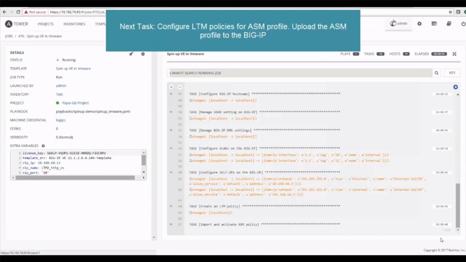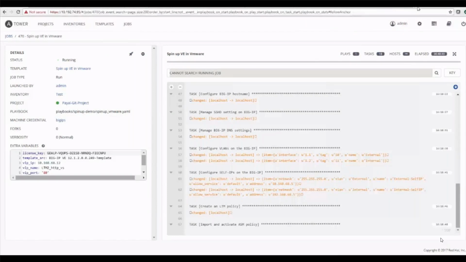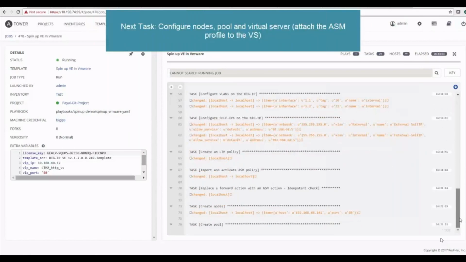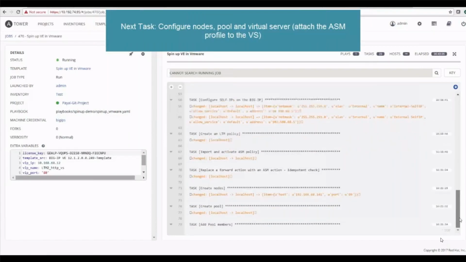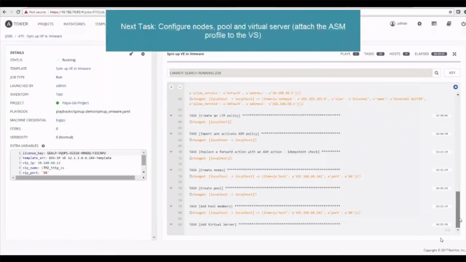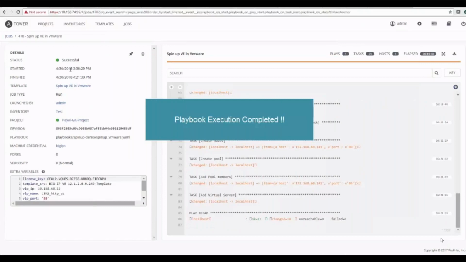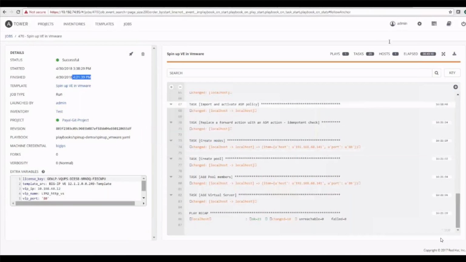Once we have imported and activated the ASM policy, we are going to then add the nodes, the pools, as well as the virtual server to the BIG-IP. And to the virtual server, we are going to attach the ASM profile. So the playbook right now has completed execution, and let's go see what gets configured on the BIG-IP right now. So if we take a look at the BIG-IP,